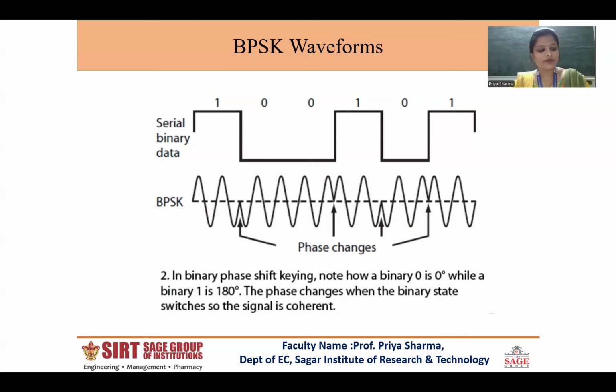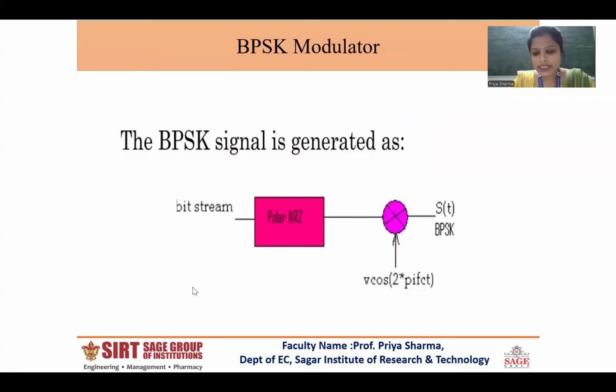Coming to the modulation portion, how is this BPSK signal generated? It is again very simple as compared to ASK. ASK was simple, this is simpler than that. It will consist of only two things. Here the bit stream comes as a sequence of ones and zeros, it will pass through an encoder, and then it will pass through a balance modulator where we will supply the carrier frequency